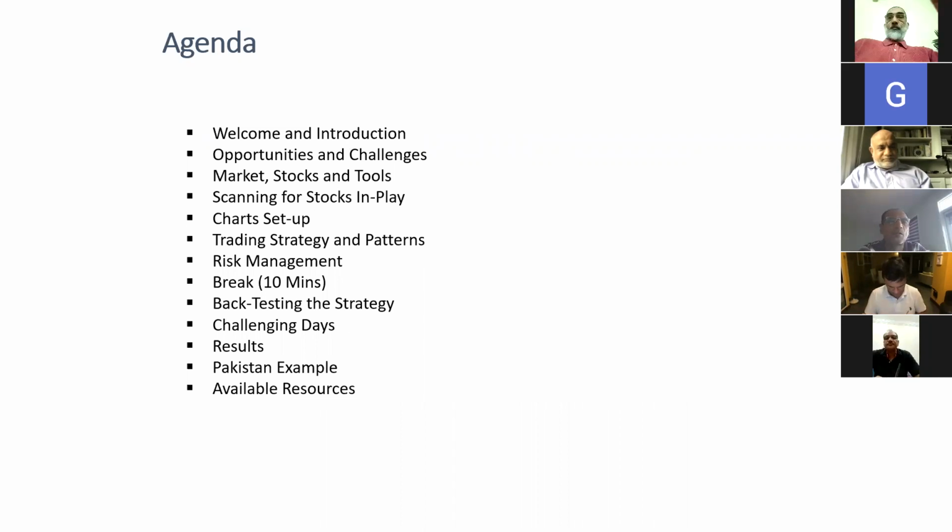We are going through the welcome introduction. Then we'll go through the opportunities and challenges when it comes to stocks day trading. Then we will discuss the market, stocks, and tools that we deploy to do the stocks day trading. Then we will see how we can scan for stocks on a daily basis. We call them stocks in play, the stocks which we are going to trade for our particular day. Before that, we need to set up our charts, known as technical setup. And then the trading strategy and pattern, what exactly the strategy is,